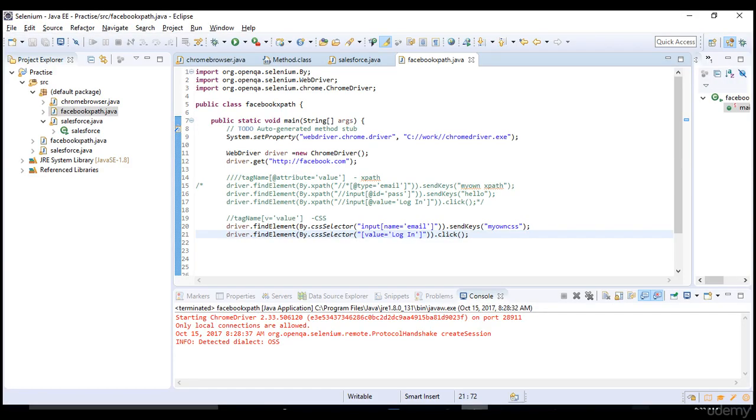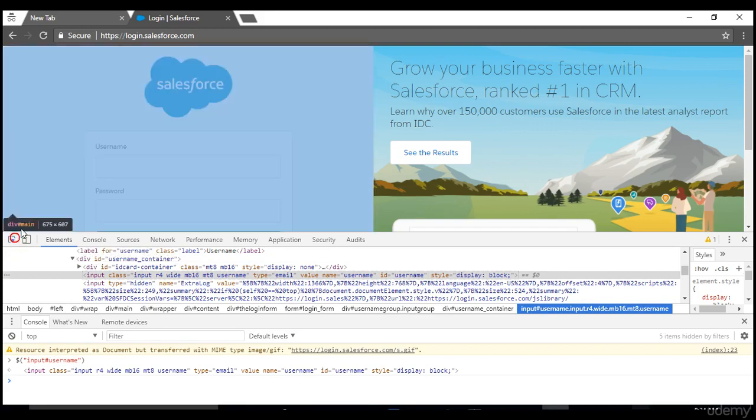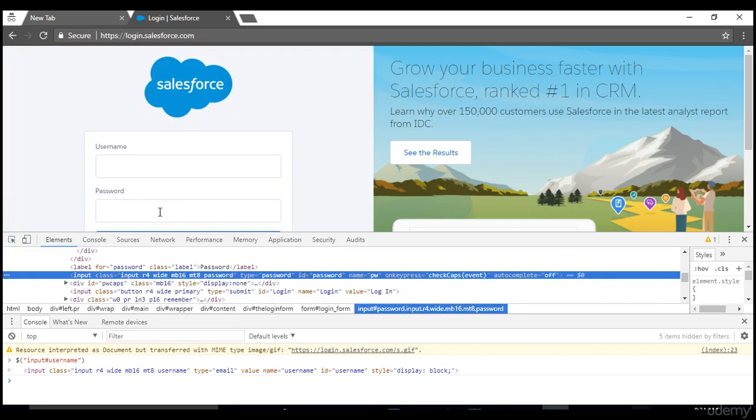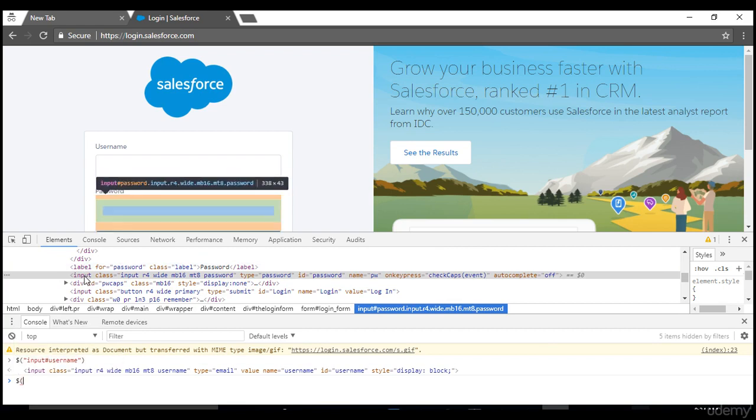Keeping that in mind, if we come back to our Chrome browser, if you want to write a password field, you can simply write hash password. You can skip the tag name, or you can give input hash password if you have an ID. Let's see now. I'll just give $. I will skip the tag name, which is input, and I'll just give hash ID to get my own CSS: hash password.